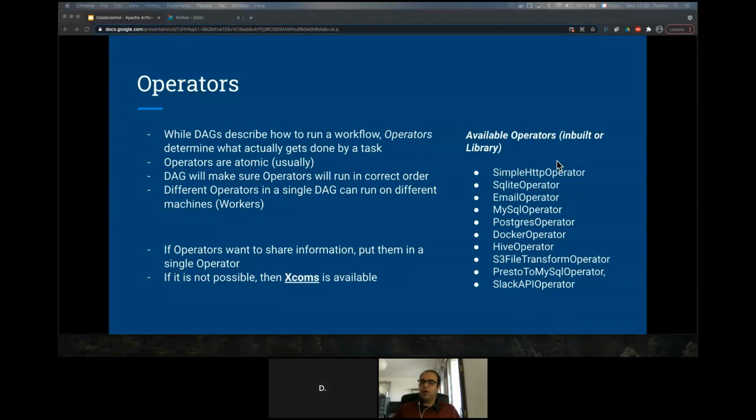But if you want more operators, you can simply build them, or you can download some libraries if they already exist. As I told you, there is a lot of active development going on behind Airflow, so a lot of operators are already developed. You don't even need to develop them. But if you require, there are always custom things which you can do.